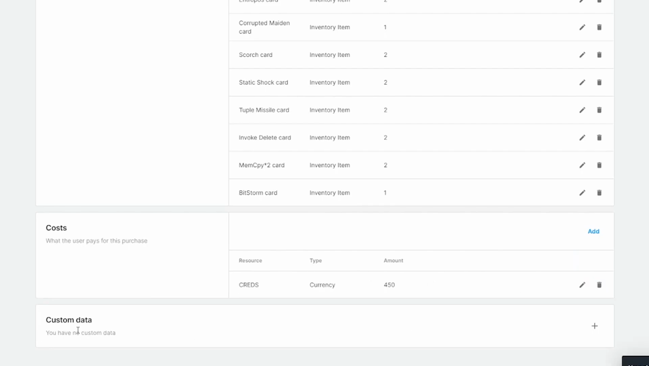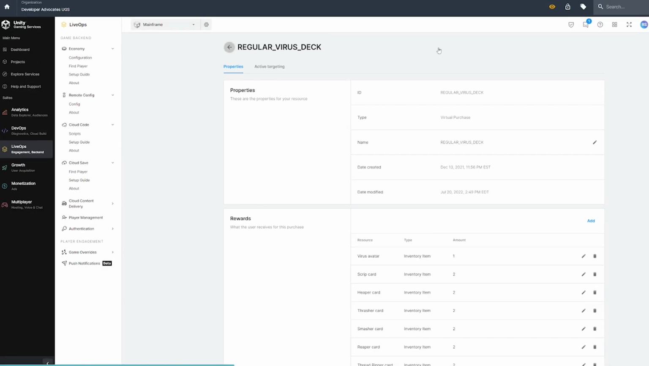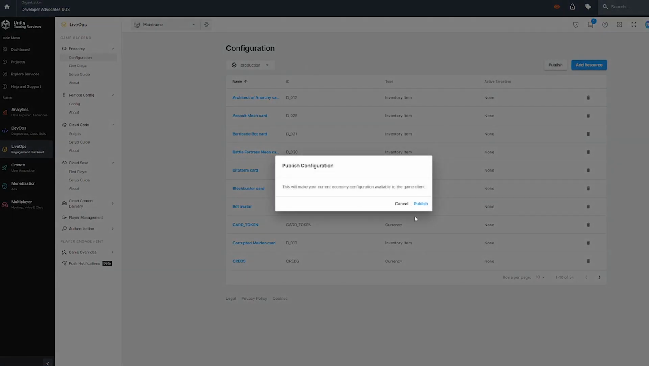You're also able to add custom data to your economy inventory items. For example, the color of a sword, or some other statistics that are more relevant for your game. And this is just the ability to get a little bit more information from the economy item when you make a request from your game. And if we go back here and we publish that change,